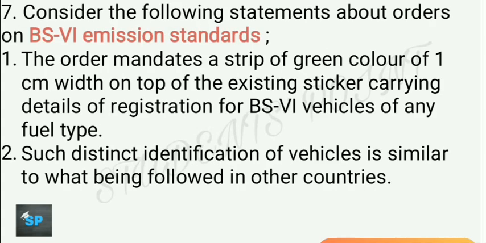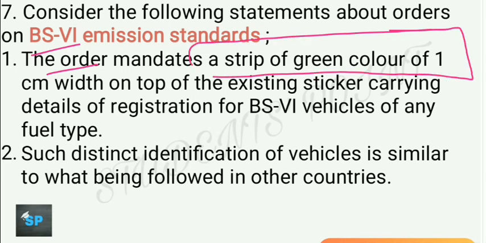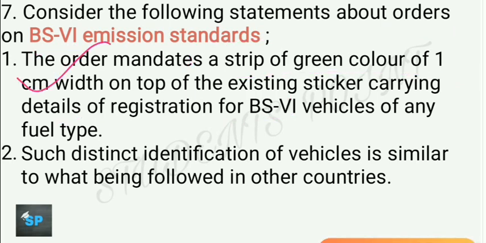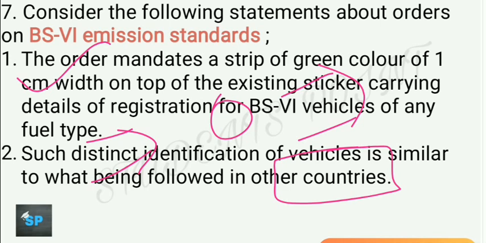The next question now. Consider the following statements about orders on BS6 emission standards. See, the order mandates a strip of green color of 1 cm width on top of existing sticker carrying details of registration for BS6 vehicles of any fuel type. This statement is correct. So earlier, different vehicles based on their fuels had different color sticker on their vehicles, but